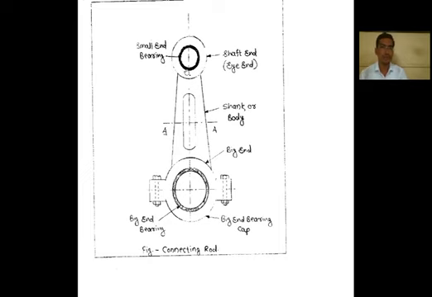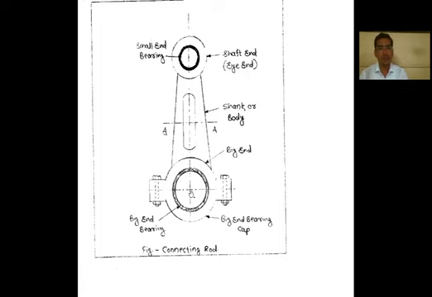Here the small end bearing is there. Here we have to insert the gudgeon pin inside this small end, which is also called the piston end. And the second end is the big end, where the crankshaft is mounted,